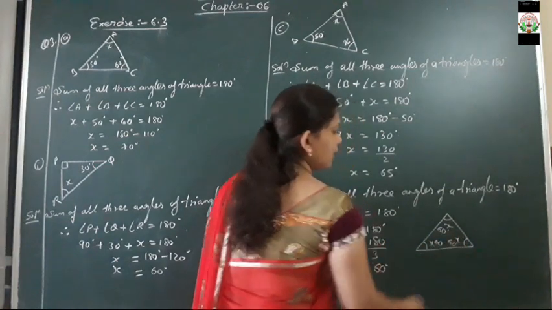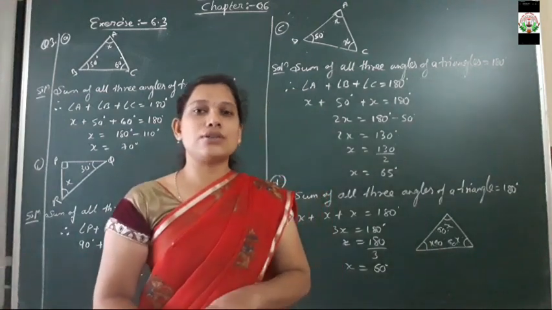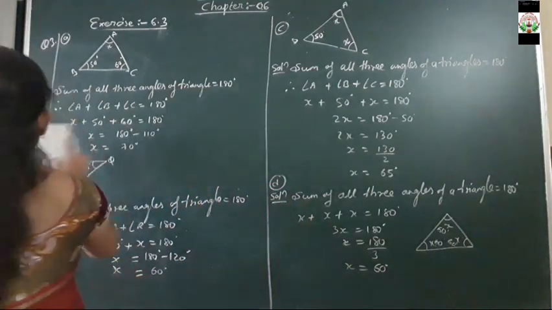That means which triangle is it? It is an equilateral triangle where all the three angles add up to 180 degrees. Okay, next question we are having for the same. Here in the next question